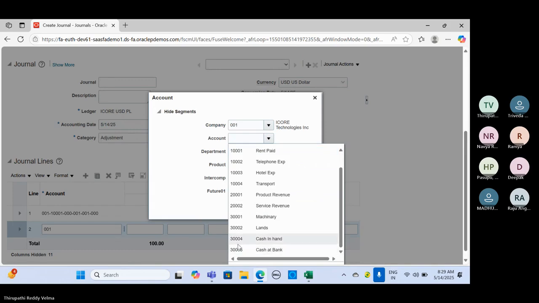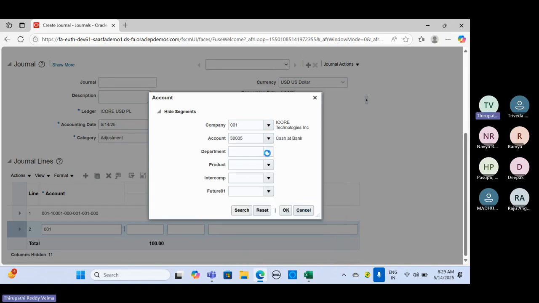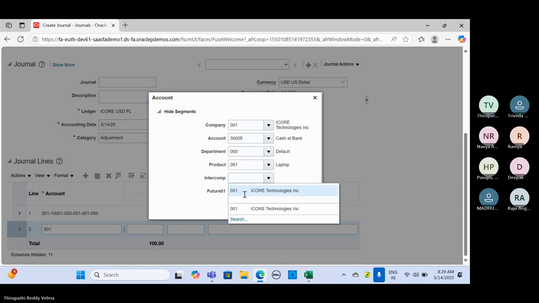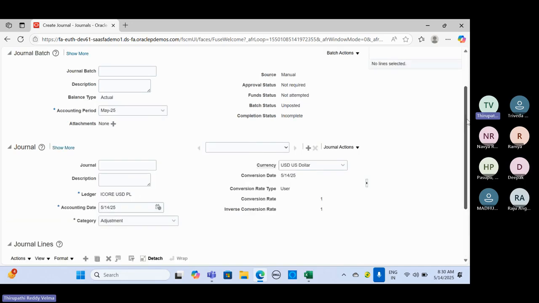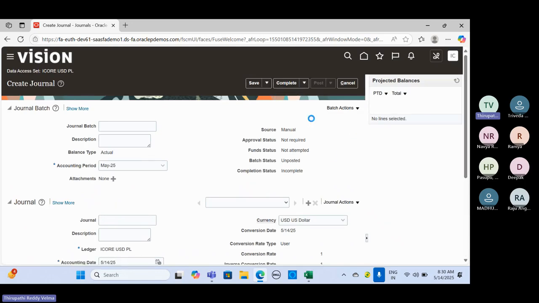So let me select any account. The product I have selected 001, not an issue. I can select anything. I'm able to see only the related segment values for which we have established the relationship. So let me post this,